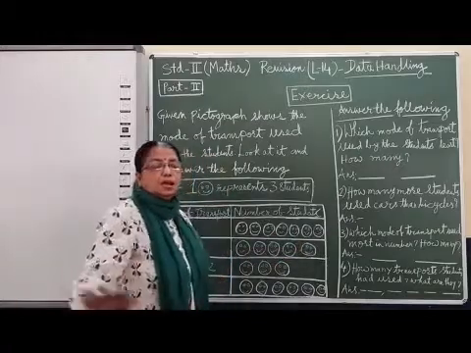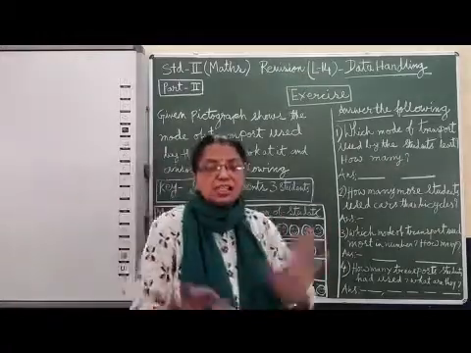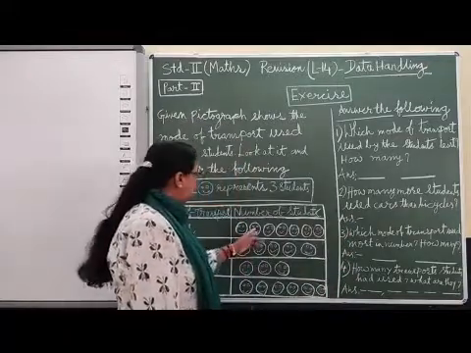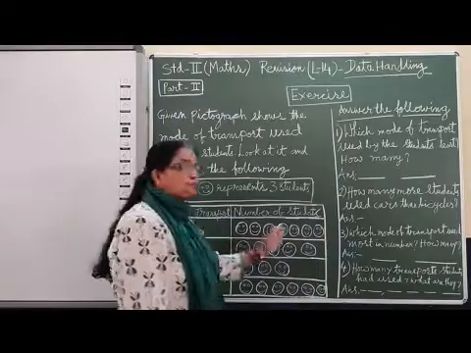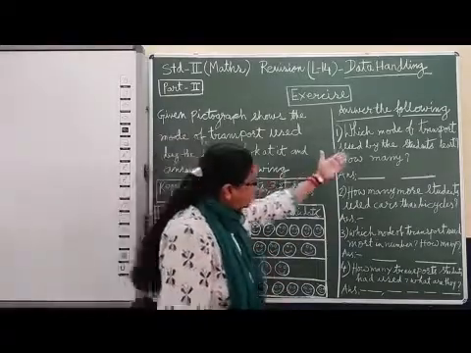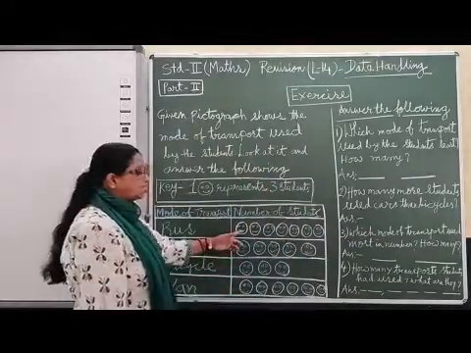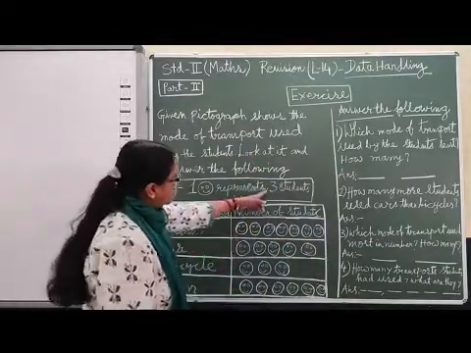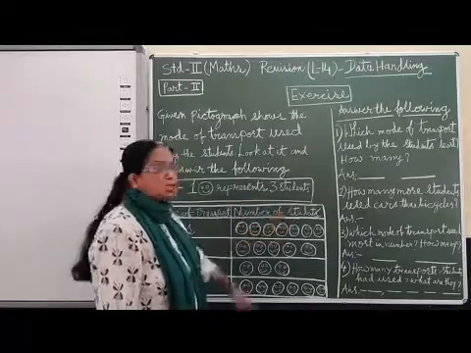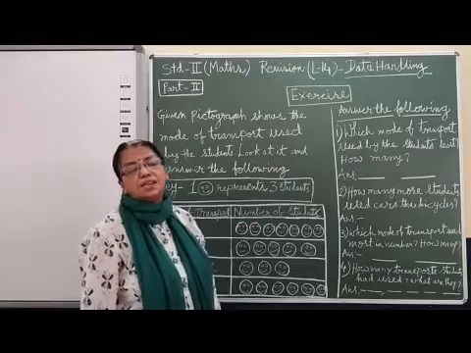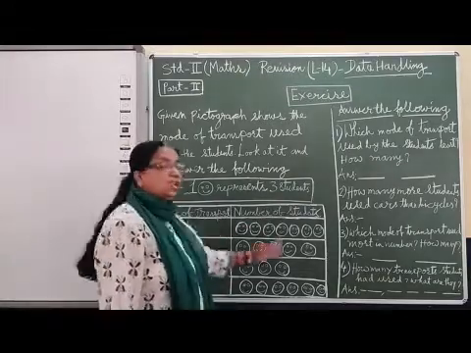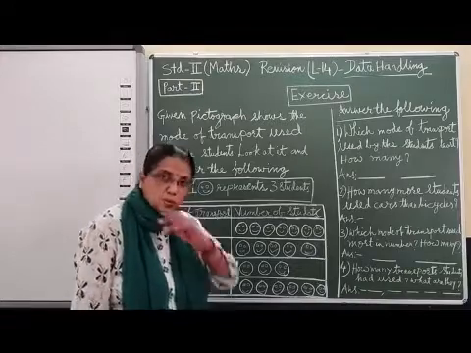That means 7 smileys are there. What do we have to do? 1 means 3, 2 means 6. Like this, if you multiply, you get a quick answer and can solve quickly. Here we can see 7 smileys, and 1 smiley stands for 3. So 7 into 3, 3 sevens are 21. That means by bus 21 students are coming to school.